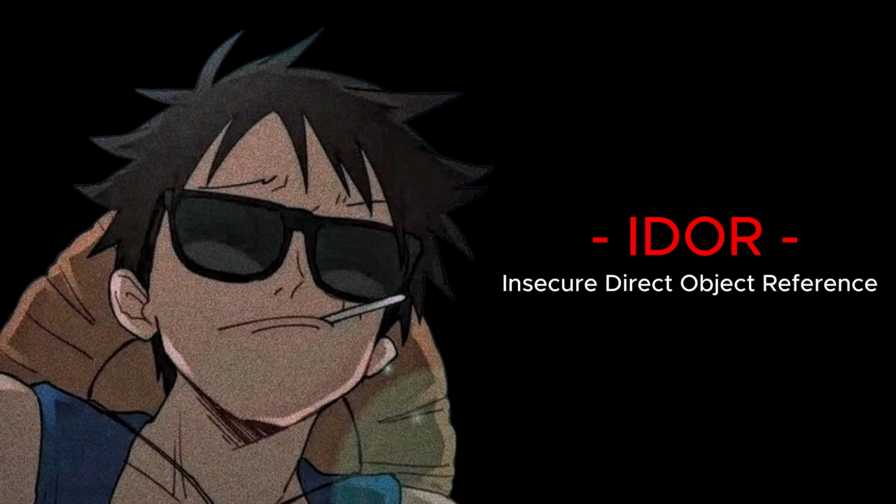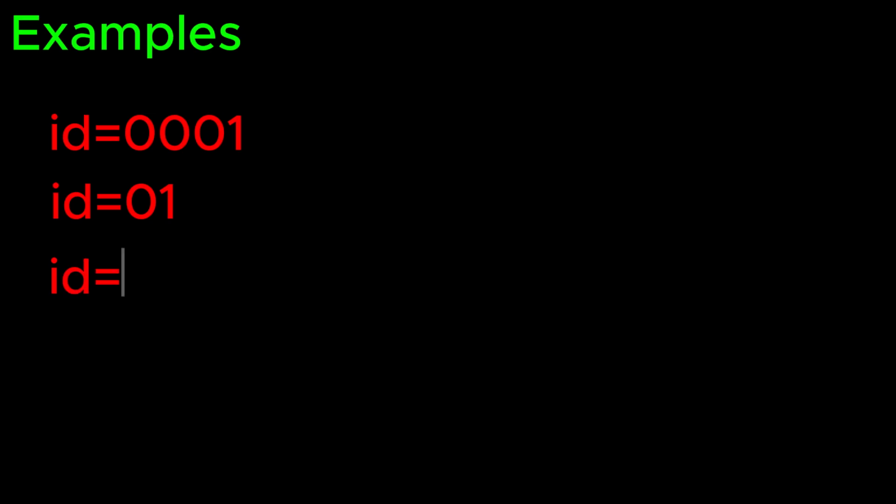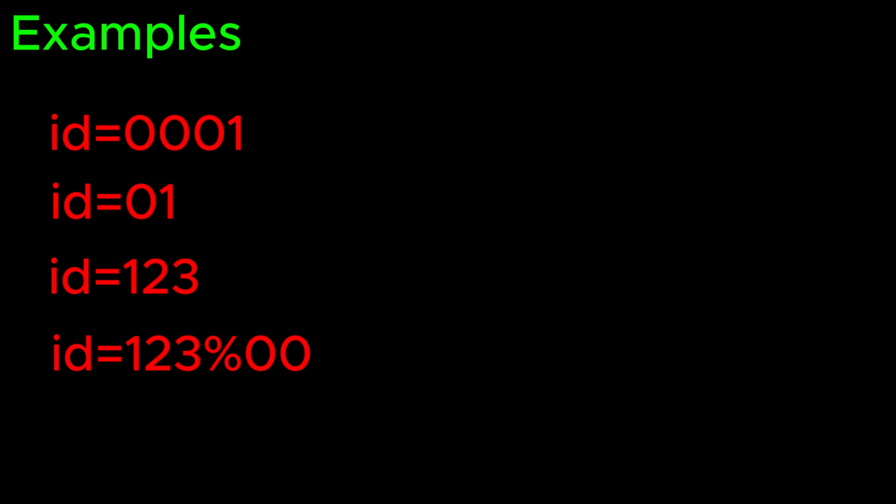Try sending the ID in headers, cookies, or both. Some load balancers or middleware read different places. 3. Type confusion. If an app expects an integer and you send a different type, like a string or JSON object, sometimes server-side code fails over to a default or different lookup logic that leaks objects. Try id=0001, id=01, id=123, or id=123 with a null byte, to trigger different parser